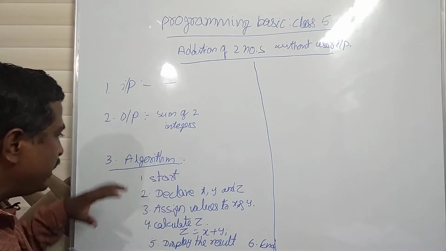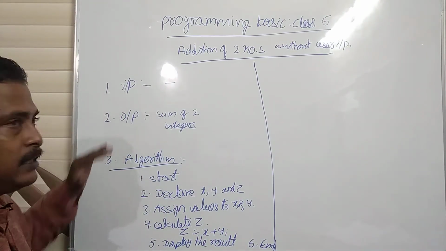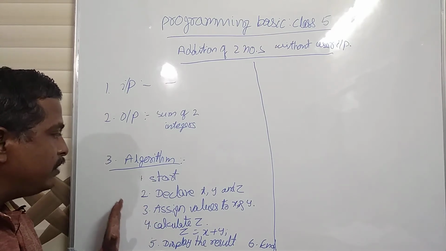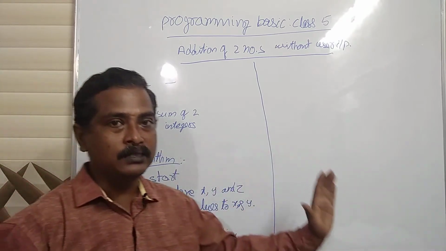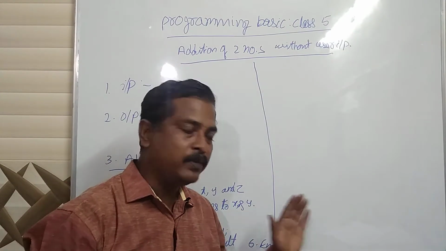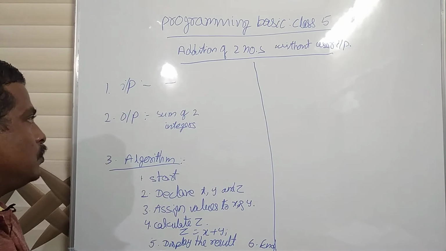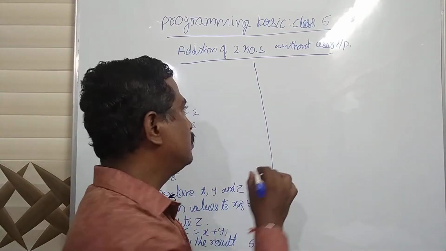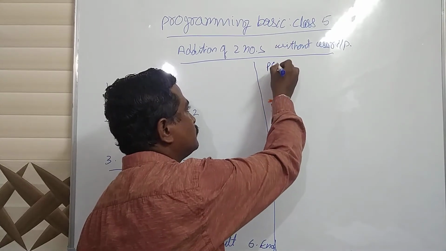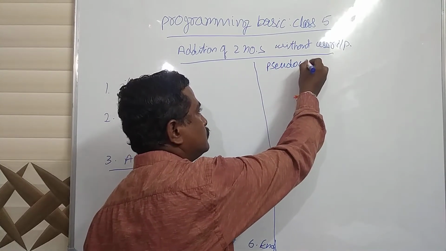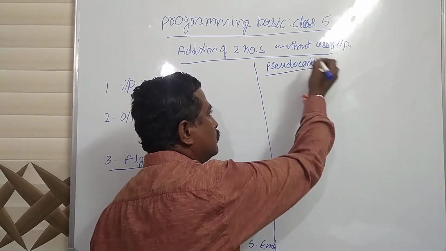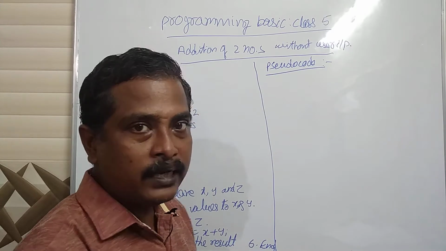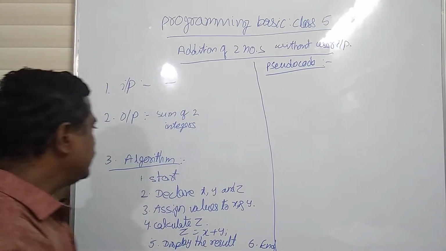As I told you, the first 3 steps of the 5 steps are the same for all the languages. Now we will try to implement this algorithm in different languages: C, C++, Java, Python, like that. The next 2 steps are pseudo code, then code. For pseudo code and code we have to take one language at a time, so let us take the C language first.